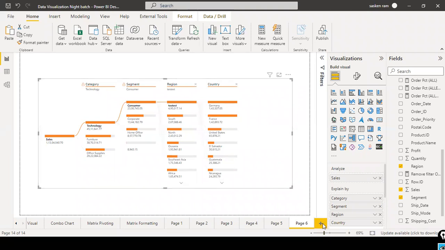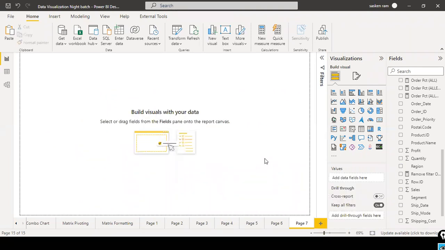Okay, so next one is the bookmark. We will get into the new topic called bookmark. What is bookmark? I just